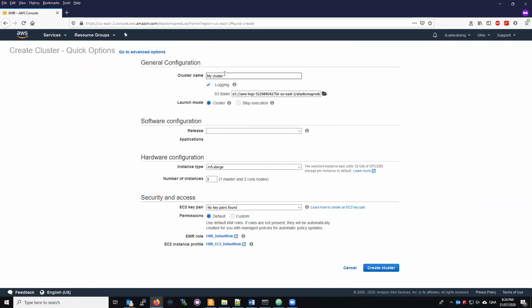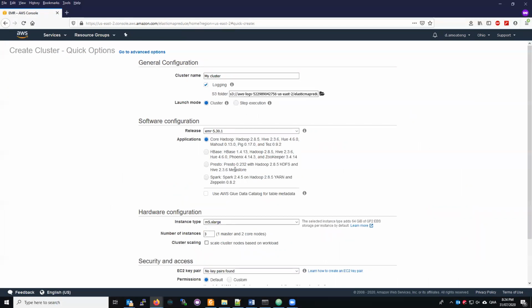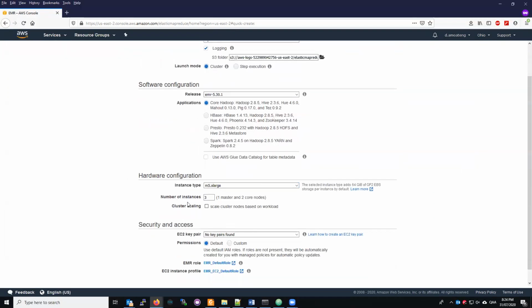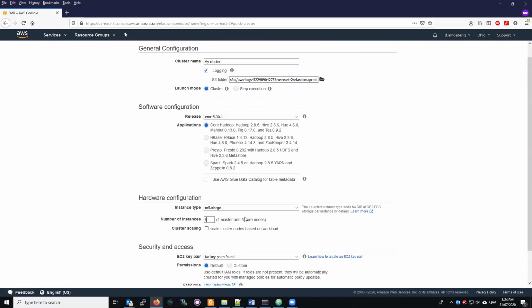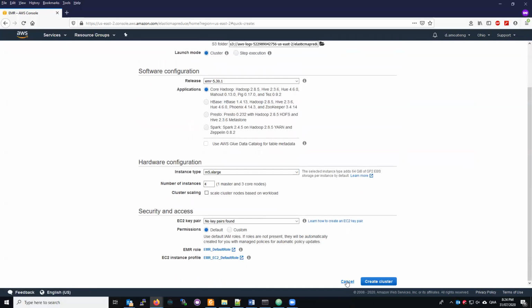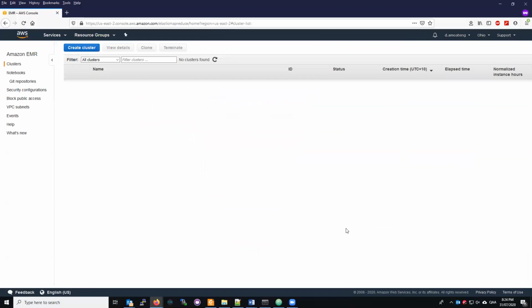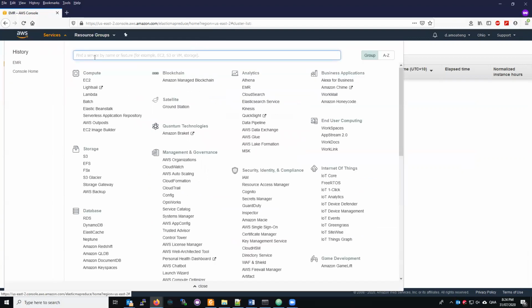So go ahead and give your cluster a name, and the instance type, and then the number of instances that you want. We just select 4 instances. So you have 1 master and then 3 core nodes. Okay. And okay, so before we even create this, let me cancel that. Before we even create this, let's go back into your